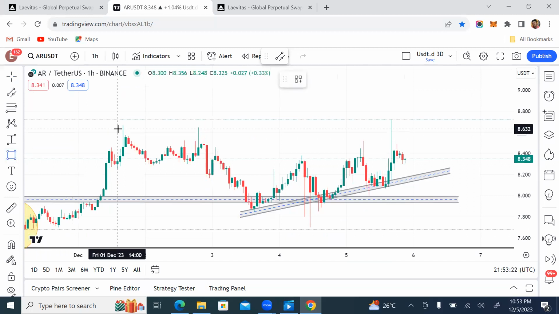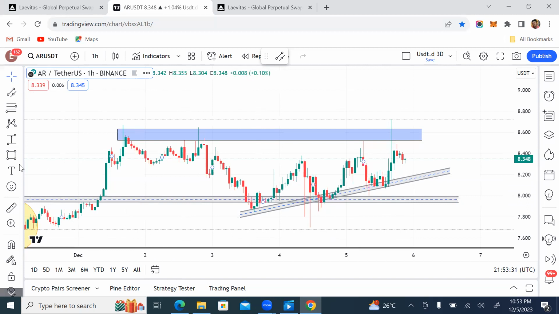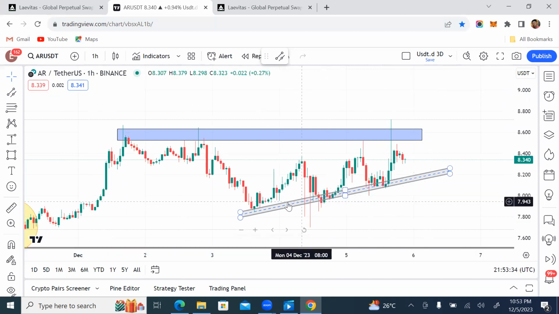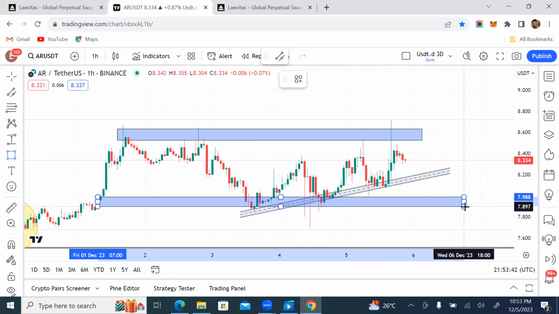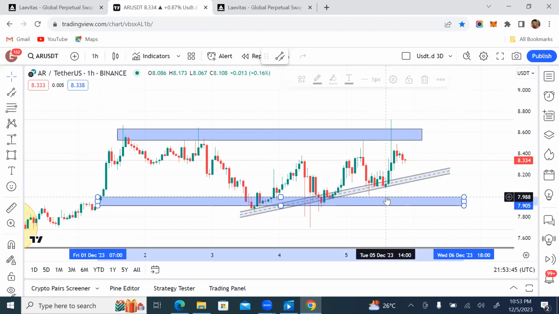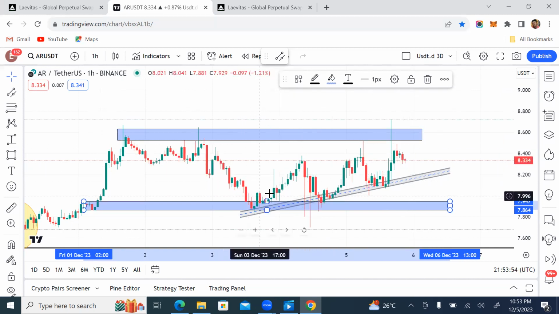Now, our range bound is going to be somewhere around here. Let me take this off now. So this particular region is going to be our range bound. And you can see very, very clearly what price is doing. If we are making consecutive highs, it means that there's momentum in the market. So eventually we'll come like so and then break